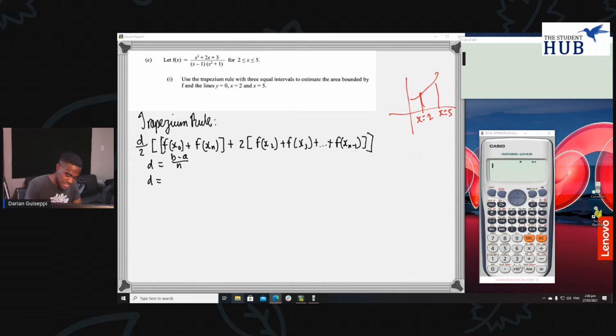So when we plug in that, that would give us our value for D, right? 5 minus 2 on 3, and you would get 1. And that would be your D. That is the first thing you want to really find. Sometimes they tell you,